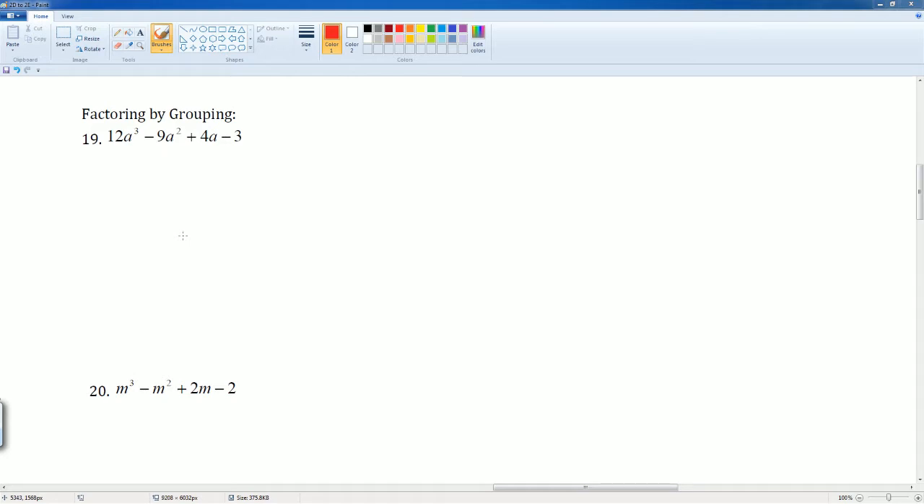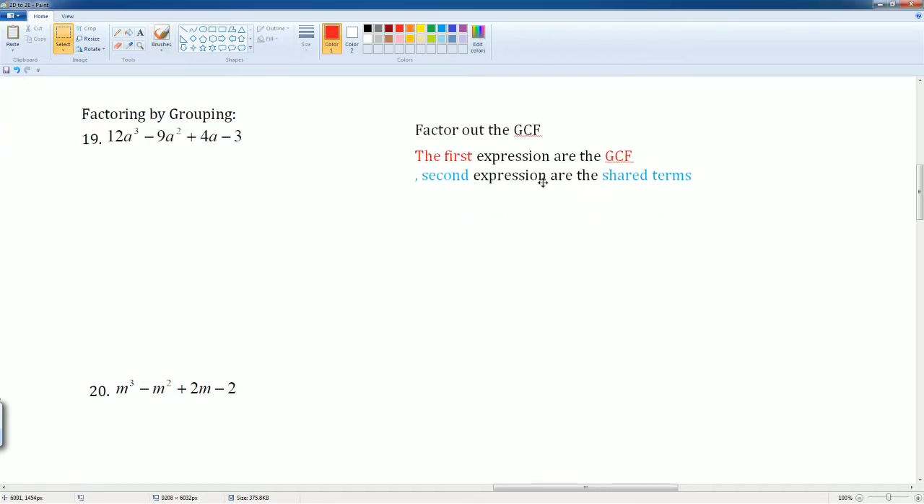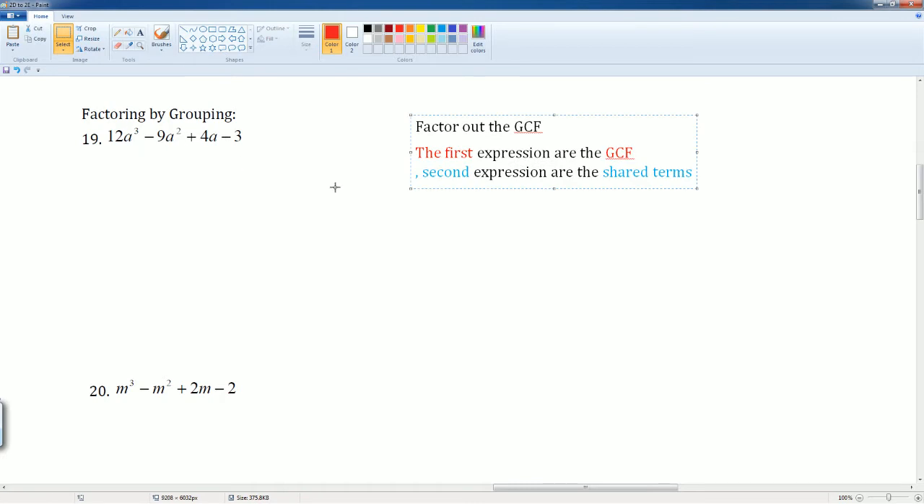This is on questions 19, 20, 21, which is all factored by grouping. Notice these are all four terms. That's why we factor it by grouping. All right, so the process, again, will always end up being like this. We're going to factor out the GCFs, and then the first term is the GCF, and the second term is the shared term. You start by breaking it into two parts, two